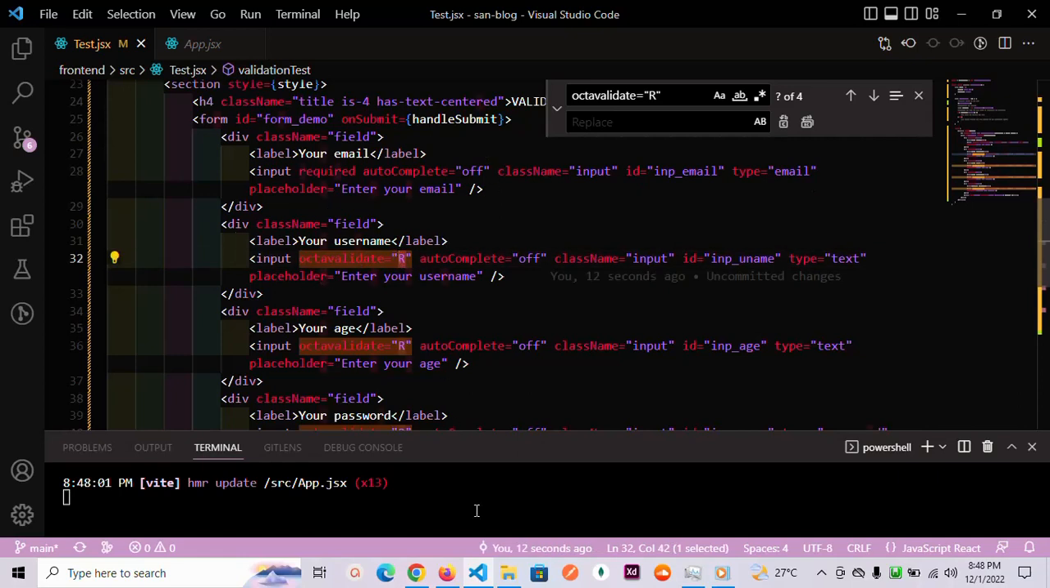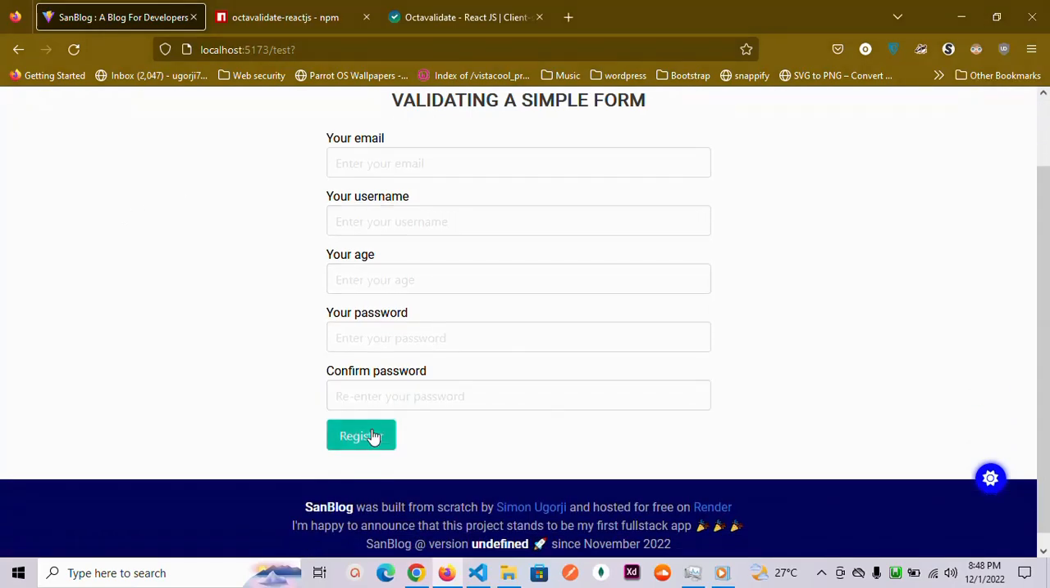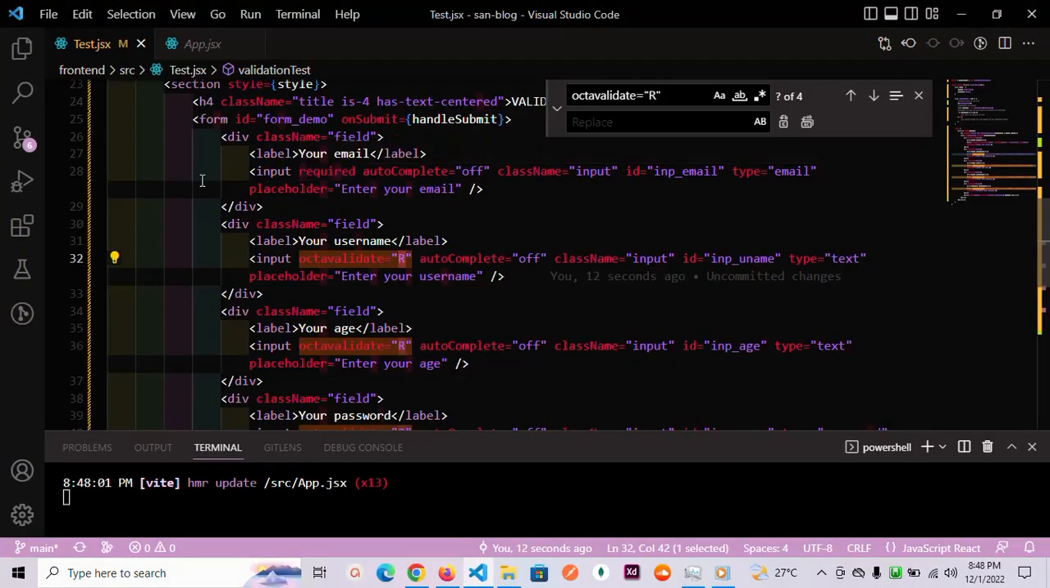So let's test this form on our page. So I'm going to submit this form. You can see that it is actually telling me to fill out this field, but there is something